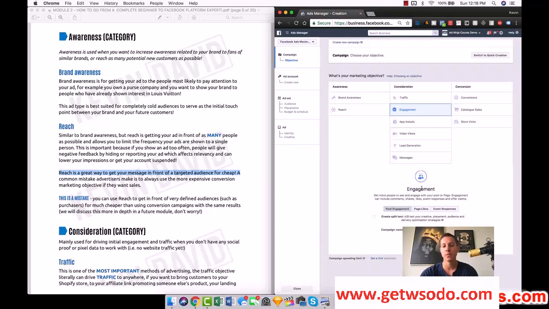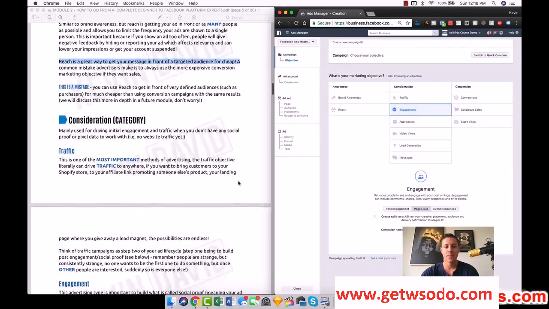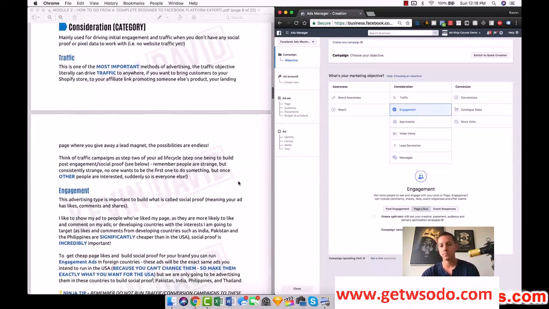So the other form of engagement ads are page likes. And page likes are super important because similarly with social proof for an ad, right? If you're running an ad and it's running 20% off, like your brand new Corgi t-shirt, and it has 0 likes, 0 comments, and 0 shares, people are going to be like, wow, that shirt sucks. But if it has 500 likes or 1,000 likes and 100 comments and like 10 shares or something like that, people are going to say, okay, wow, other people like this shirt, which means I like this shirt. People are the crowd mob mentality. It's just human nature.